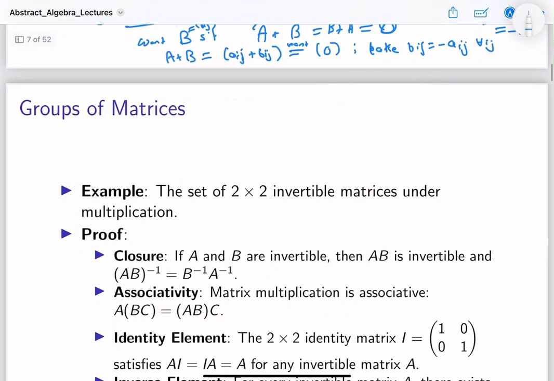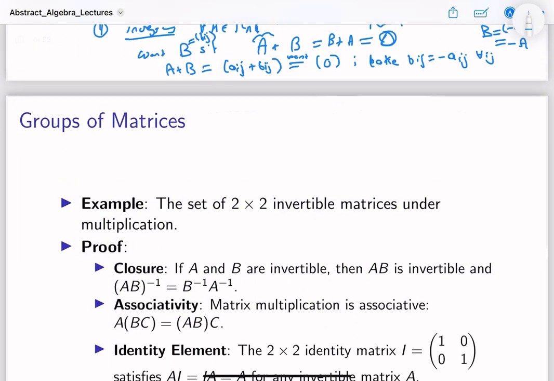Alright, so the next thing we're gonna do is the so-called general linear group. The general linear group is one of the very important examples of groups, and one reason is that it's gonna be the first typical example you're gonna think of when you're asked to find a non-abelian group. So we're gonna define this terminology later, but I'm just trying to throw some technical terms here. So the next group we're gonna be talking about